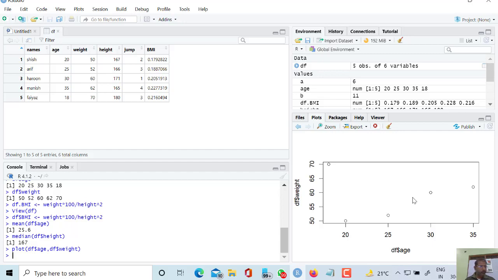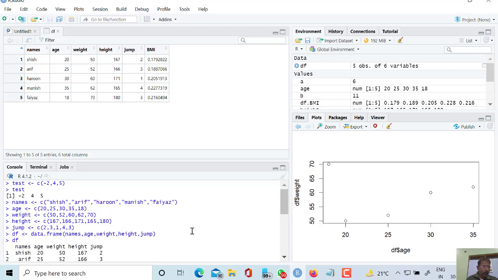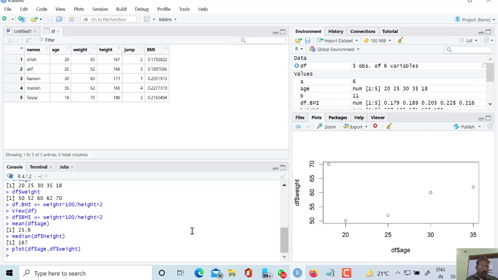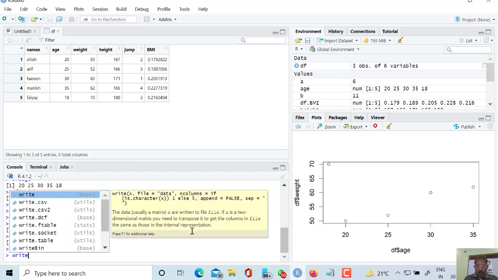Suppose I want to write the data frame into a CSV file. So for this, write.csv.